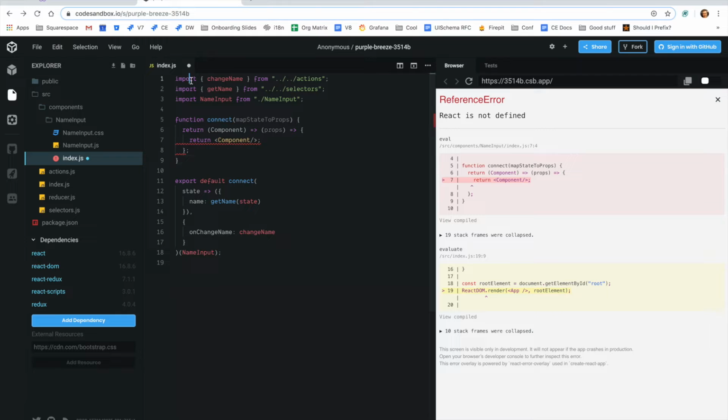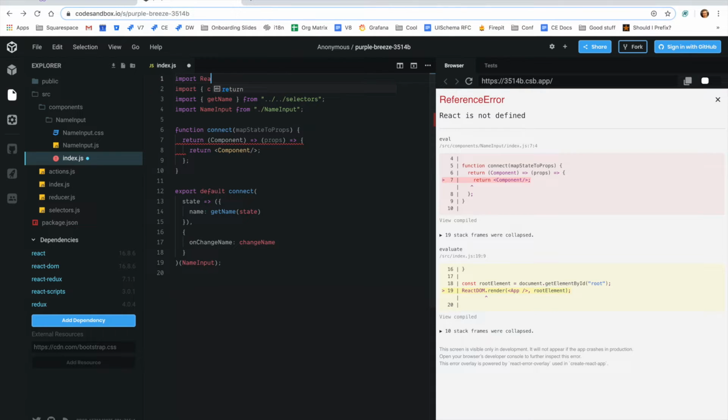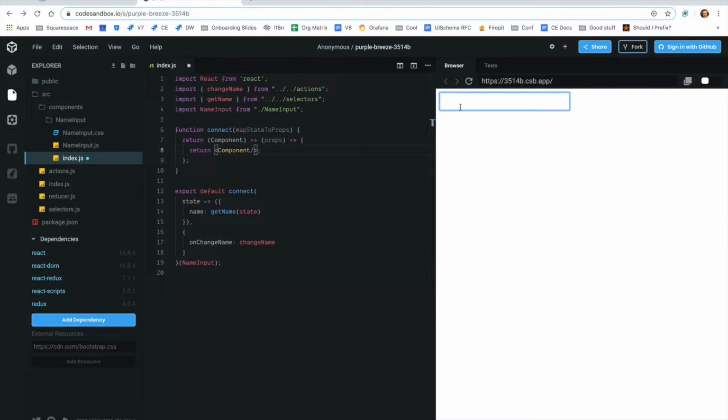React is not defined. We can fix that very easily just by importing React from React. And let's see where we're at now. Okay, we have this input field. We can actually type into this input field, and the reason we can type into this input field is because